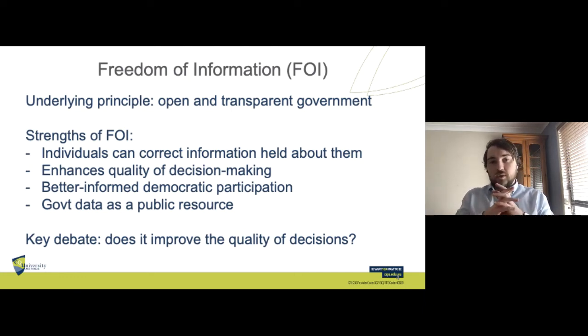And so it's thought that open and transparent governments make better decisions because they're motivated to get things right. Because if they don't, someone will pick it up. The flip side to that is an argument that if we have too much openness or too much transparency, there's